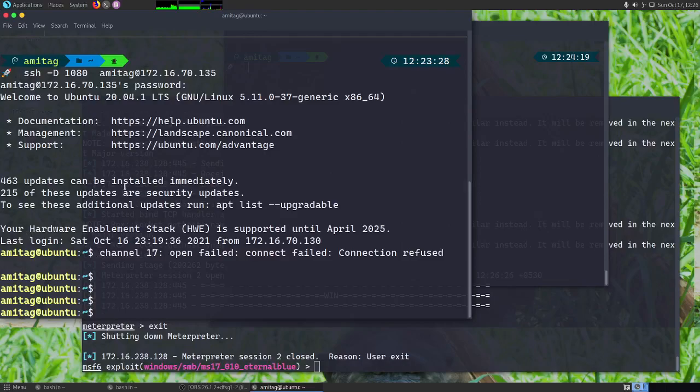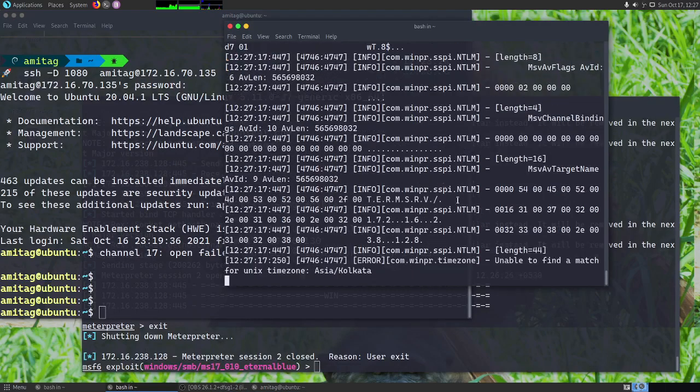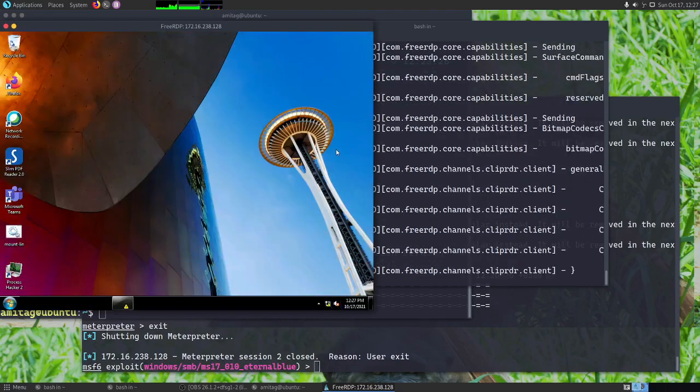Hello everyone. Today we are going to talk about tunneling. I'll first show you the setup of my VMs, and then I'll talk about what we can do to achieve tunneling. So before we dive in, I'll quickly show you the setup, and then we can take it from there.